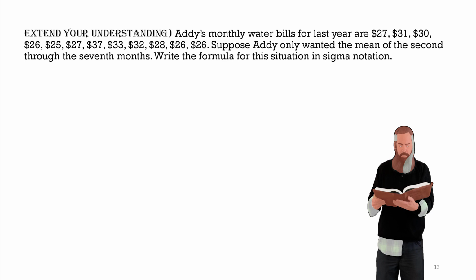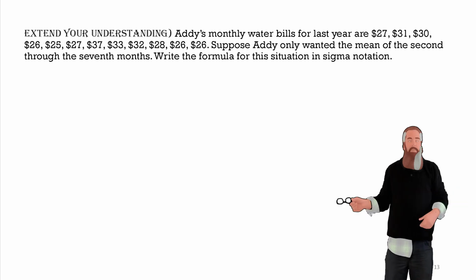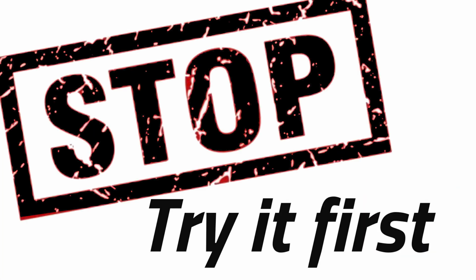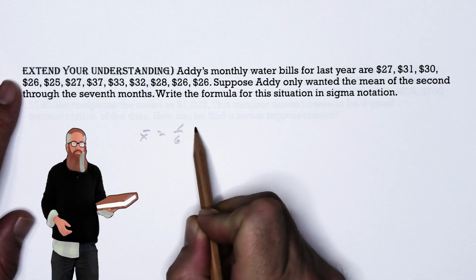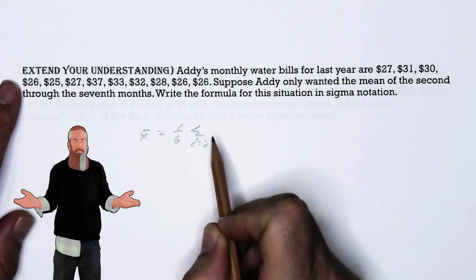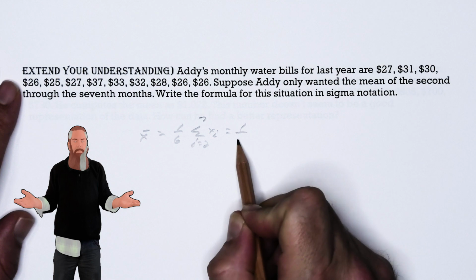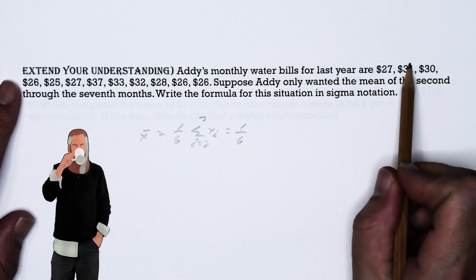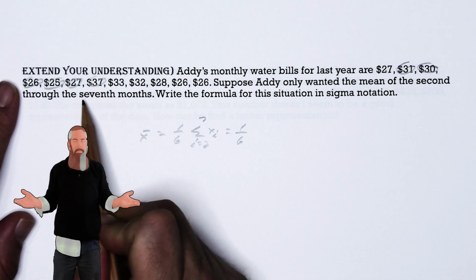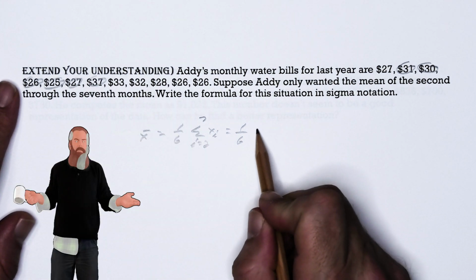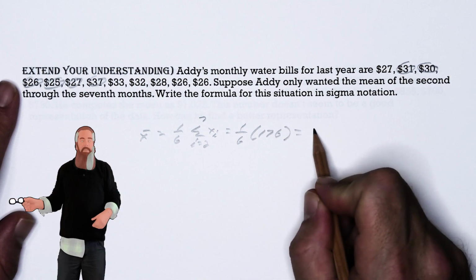Suppose Andy only wanted the mean of the 2nd through the 7th month. Write the formula for this situation in sigma notation. This would mean that X bar would be equal to 1/6 sigma of I equals 2 through 7 of X sub I, which means 1/6 of the 2nd through the 7th values, excluding the ones that are not a part of that set. When added up, that is 176. Divided by that 6 gives